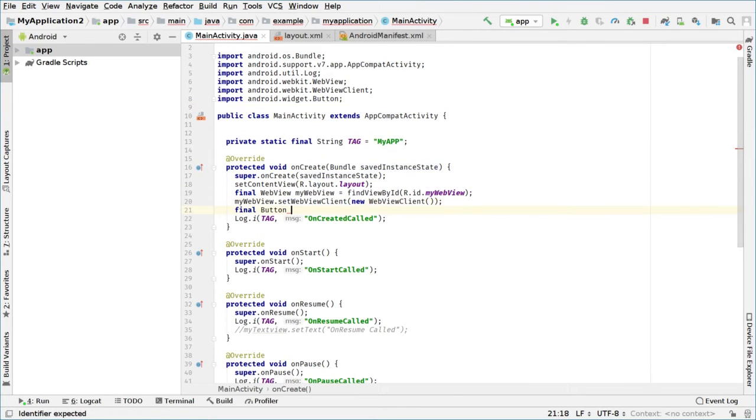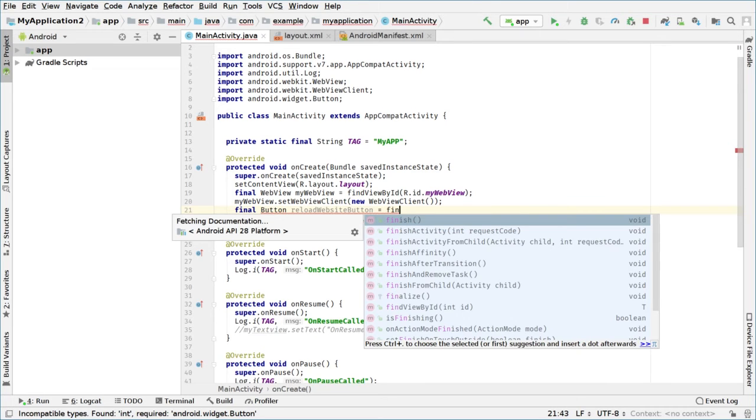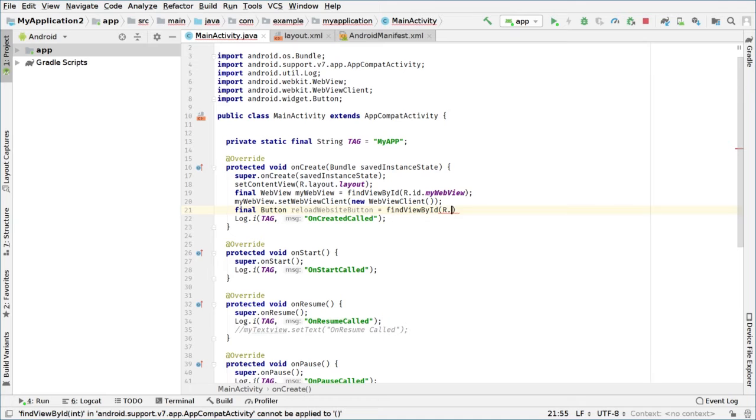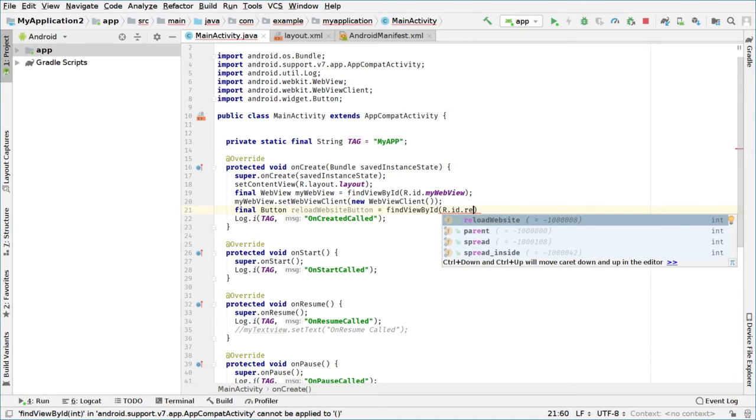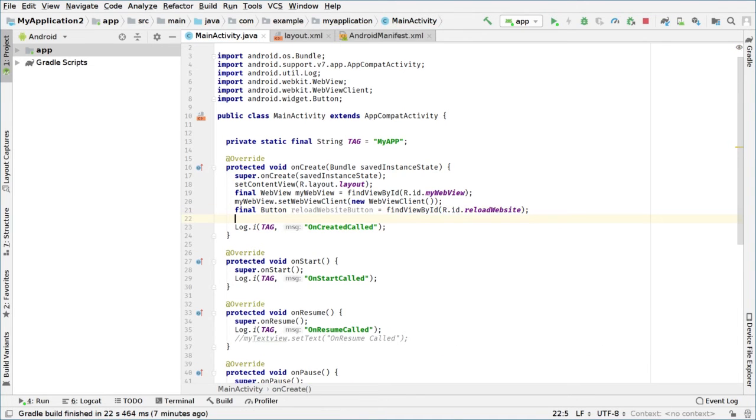And this button will be called reload website button. Okay, and this is find view by ID R.id.reload website. Okay, now in order for us to detect when that button is clicked or tapped with our finger, we will